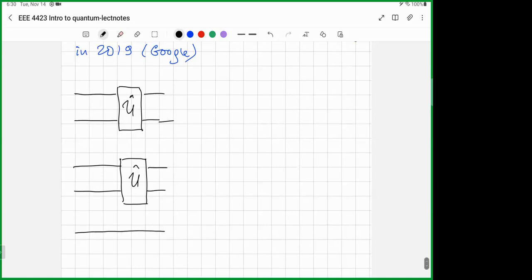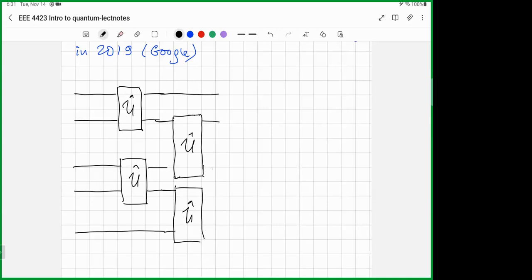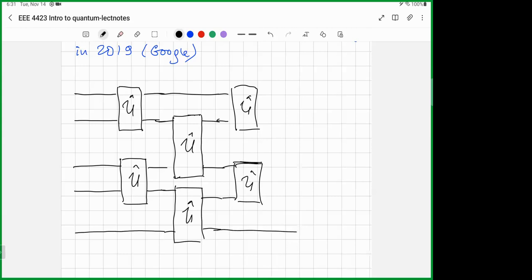For example, I can then apply, at another time moment, another unitary operator here, and for example here another unitary operator like this, and then I can again apply it like this, and like this. So essentially it is a sequence of applications of unitary operators in a random way,